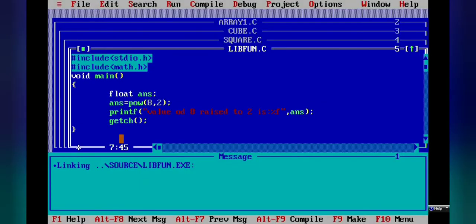Now if you want, instead of this 8, you want to get the power value of the number that is entered by the user. So then here you just declare the variable number.